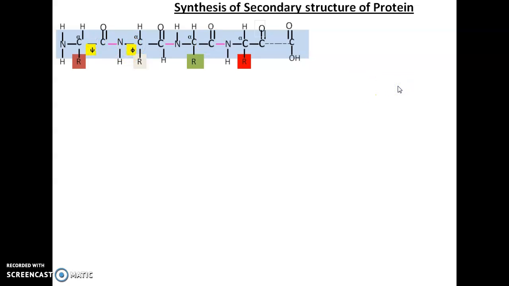But there are some single bonds present in this structure around which rotation is possible, and these angles are called torsion angle or dihedral angle and are presented as phi and psi. Phi is the angle between the nitrogen and the alpha carbon, while psi is the angle between alpha carbon and the carbonyl carbon. So rotation around these angles is possible within the range of minus 180 degrees to plus 180 degrees, and